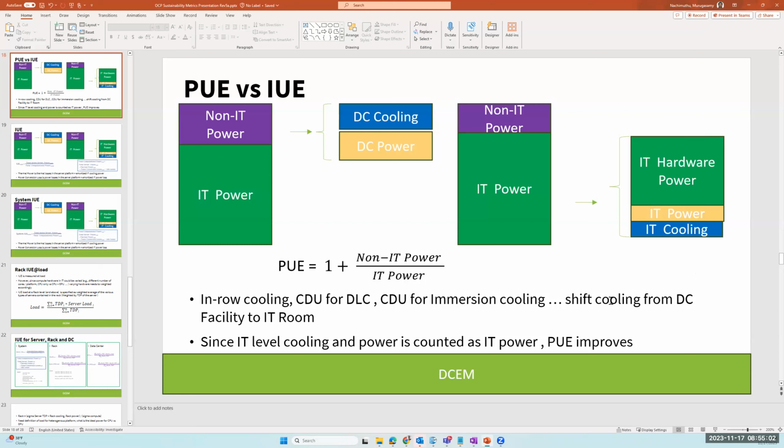I would think, and just not to do all slideware here, but I would probably make that DC cooling and DC power, I'd probably make those boxes the same size as non-IT power. Yeah. Anyway. Yeah, there is a lot of